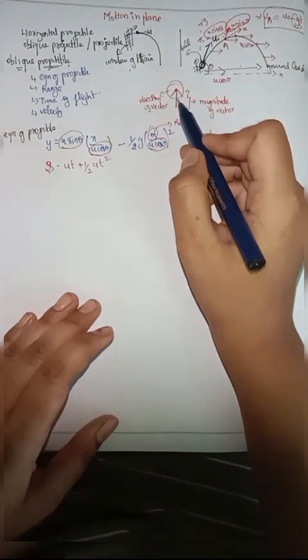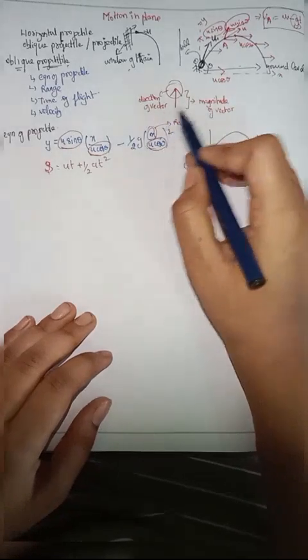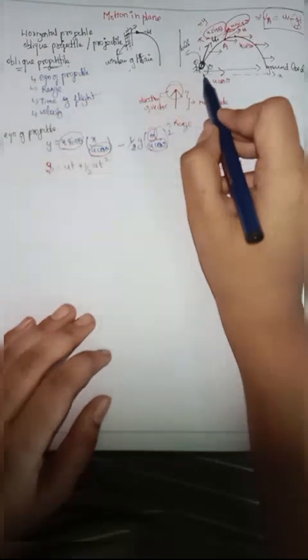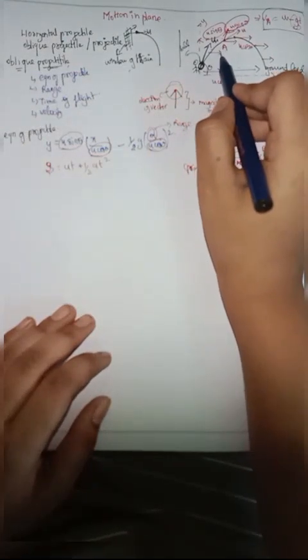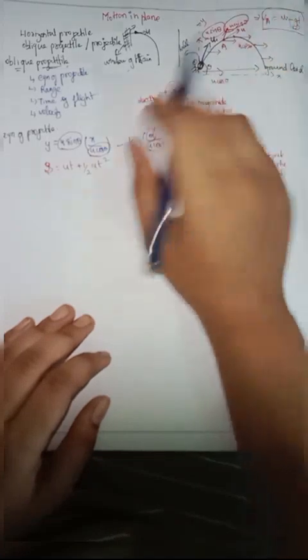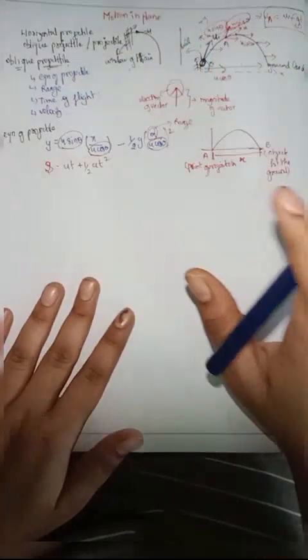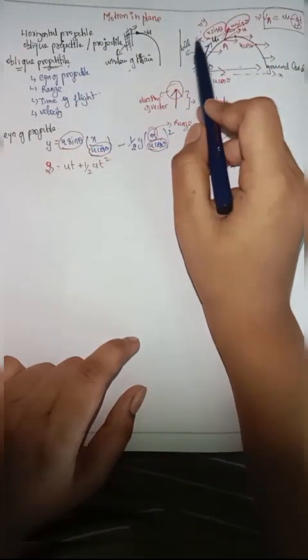This is a vector we can denote. The length represents the magnitude of the vector, and the arrow represents the direction of the vector. If we see the horizontal direction, the length remains the same and the arrow remains the same. So we can conclude from this itself that there is no change in the horizontal velocity component. But if you consider the vertical direction, here you can see